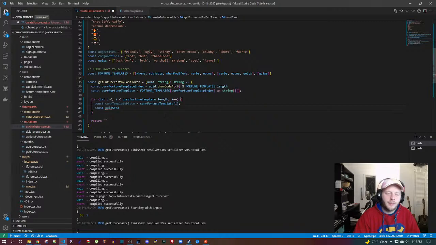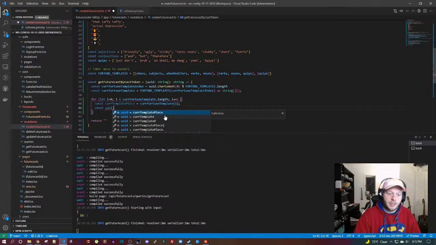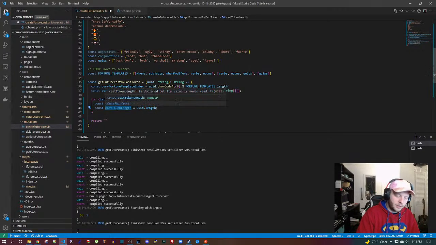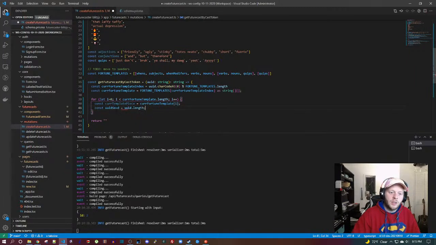UUID seed. const UUID length. Okay, so this is a token length, or cast token length equals, no, I like UUID seed. UUID seed. So we're going to take the whole UUID